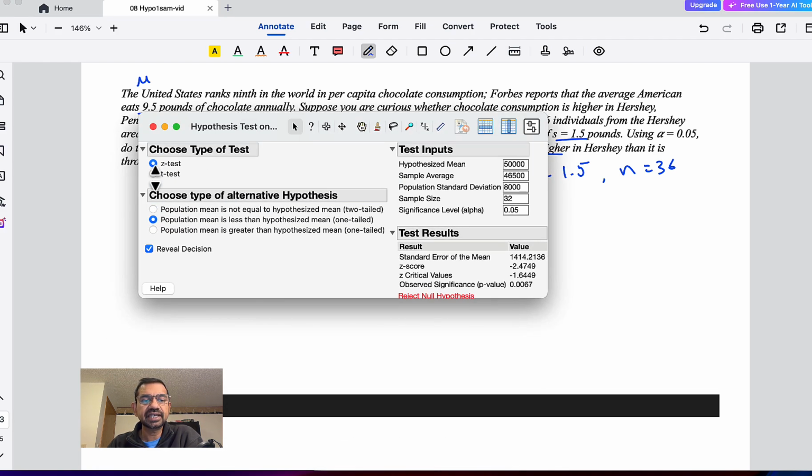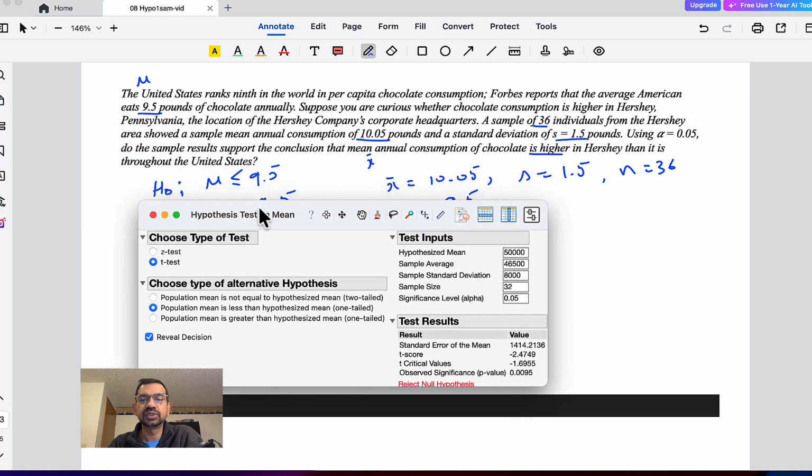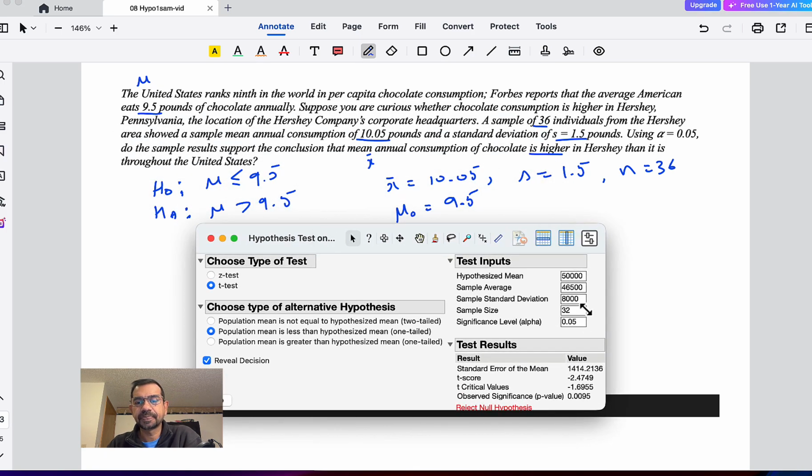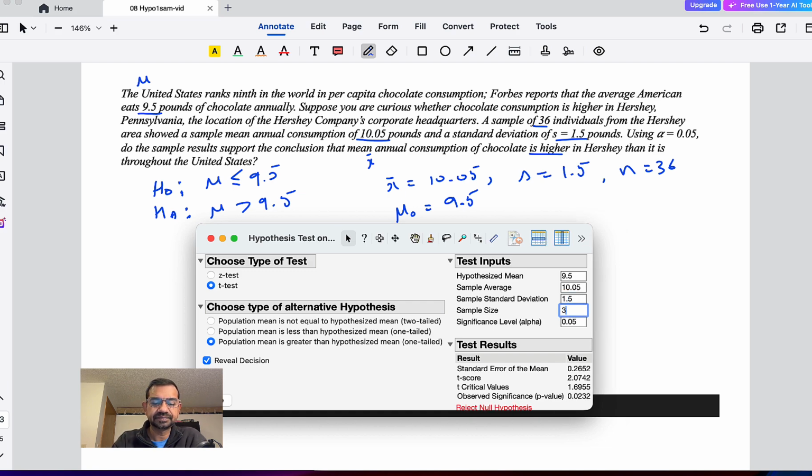So this time we will choose the t-test. That's because we do not know the population standard deviation. We will type in our hypothesized value of 9.5. We are doing a right tail test, so we can choose the right tail option. We'll do 9.5. Our sample average was 10.05. Our sample standard deviation is 1.5,